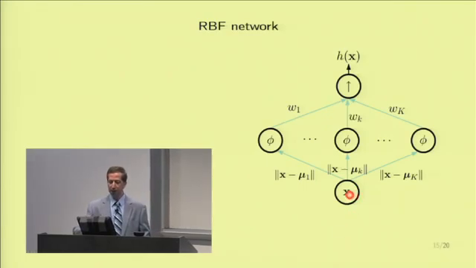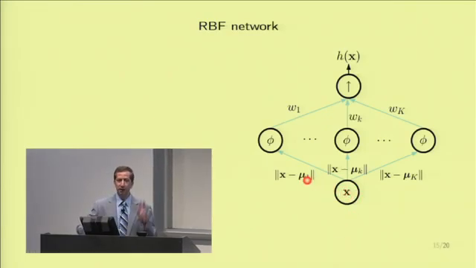I have X. I am computing the radial aspect, the distance from mu1, mu up to mu k. Okay, and then handing it to a nonlinearity. In this case, the Gaussian nonlinearity. You can have other basis functions, like we had the cylinder in one case, but cylinder is a bit extreme, but there are other functions. You get features that are combined with weights in order to give you the output,